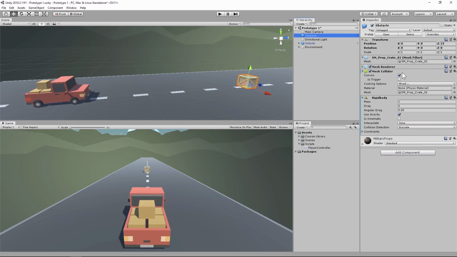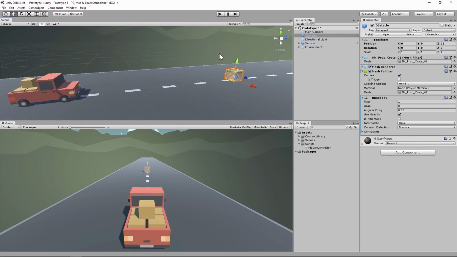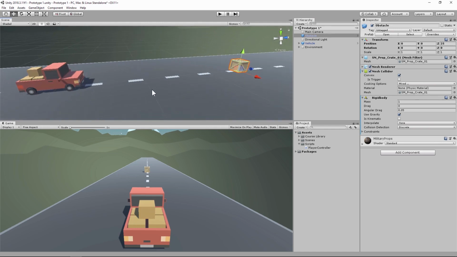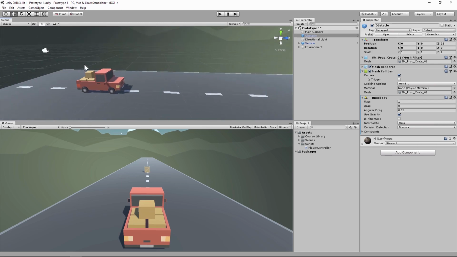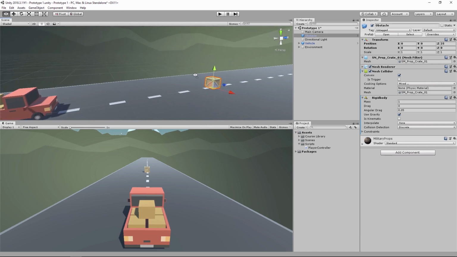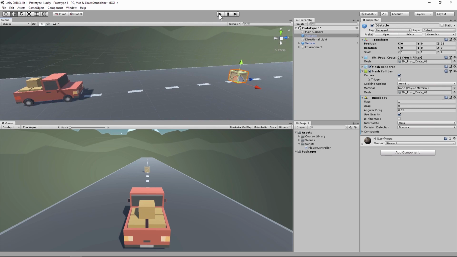Our colliders are basically our way of telling our simulated world that these objects can be collided with. So it knows that because there's a collider on this, when it runs into something like the ground or something like our vehicle, it should do something like make it stop, because we have a rigid body on it. So if we actually press play,